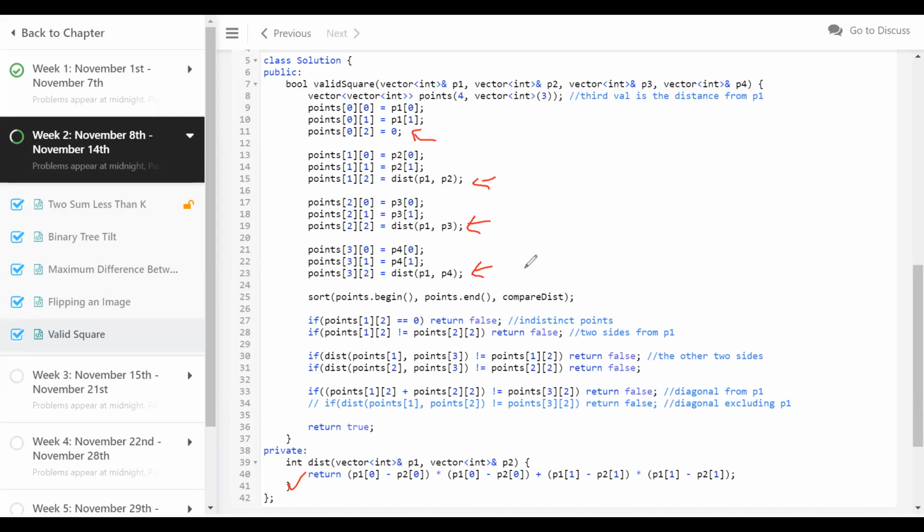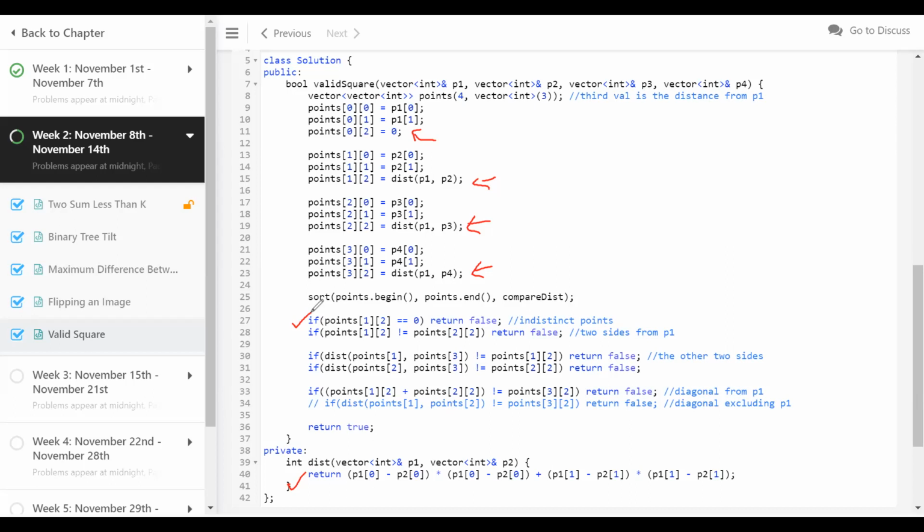If all the 4 points are the same, it also technically looks like a square with side length 0, but they don't consider it a square, and we should be returning false. That's why I handle this case at line number 27, right? If the second point's distance from the first point is 0, I'm just going to return false, because if it turns out to be a square even after that, that means all the 4 points are identical.